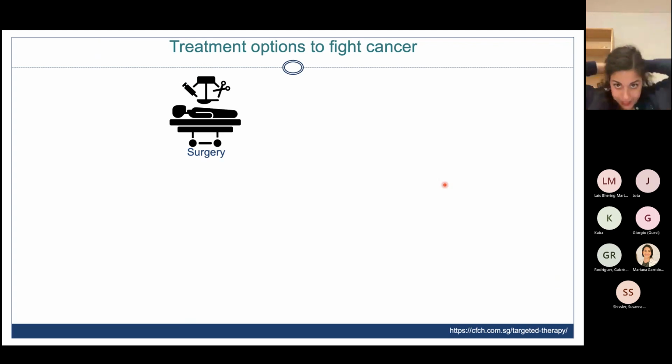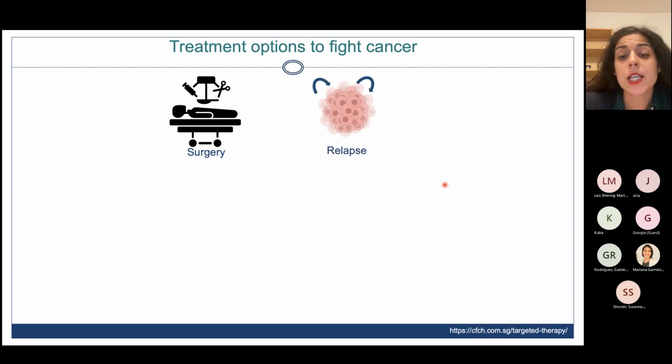So the first treatment option to fight cancer is surgery. But if the cancer is disseminated, at the metastatic stage, you will not benefit from surgery, because it's completely impossible to target all of your lesions with surgery. Even if you can benefit from surgery, sometimes you will have a relapse, so the formation of a secondary tumor. In both of these cases, for patients that can't have surgery and patients with relapse, you will not have surgery anymore, and you will have drugs to try to